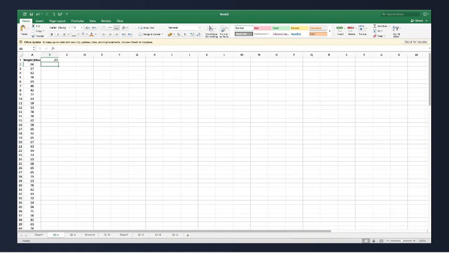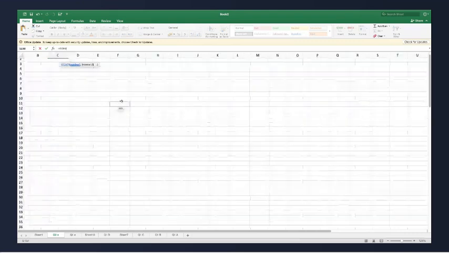So my average of weight is 66. Next is standard deviation, because my normal distribution formula requires mean, that is average, and standard deviation. That is why I'm calculating mean and standard deviation. So my standard deviation formula is standard deviation, right?